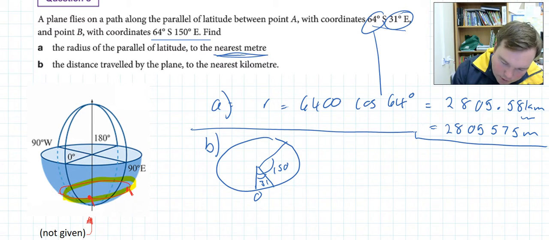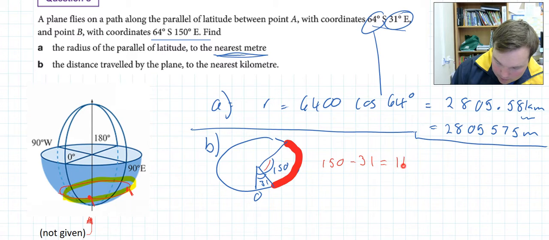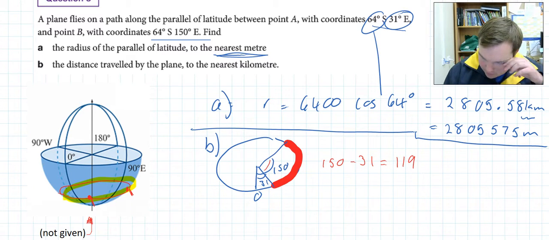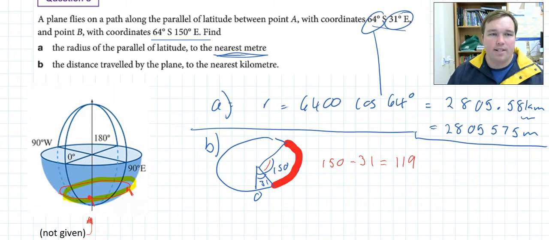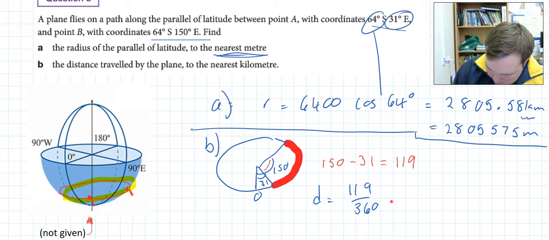Meaning that the angle between them, the angle that subtends this arc, will be 150 take 31, which equals 119. Alright, so then the distance travelled by the plane is given by 119 over 360 times